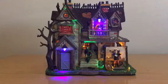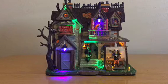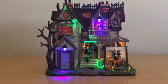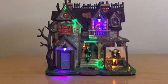And the lighting on this piece is really cool. It's got some really cool lights that really add to the scene, with some purple lights on the mummy door and also up on the balcony with a skeleton. You got some little orange lights illuminating that Frankenstein as he's going back and forth through the sheet. And you got a nice bright green light on a